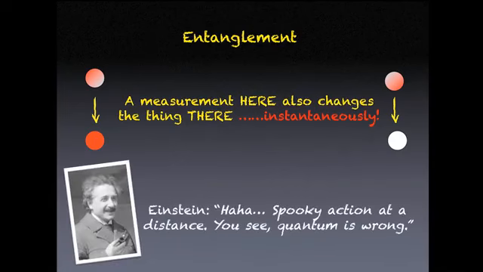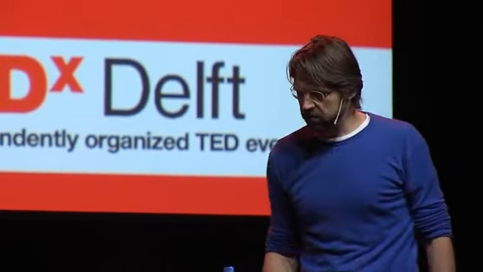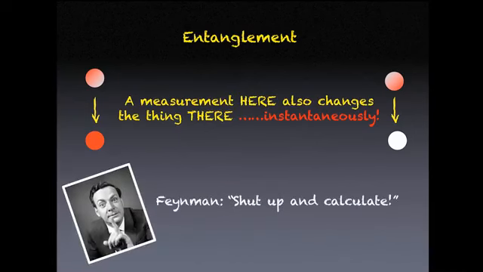And one guy, Einstein, said that must be wrong. Any theory that predicts spooky action at a distance, do something here, change something there, that's a prediction that tells that the theory is wrong. It doesn't say it's possible, it tells the theory is wrong. Luckily, we also have other heroes in physics, and this is a theoretical physicist called Richard Feynman. And he said, let's not be bothered with all these philosophical consequences of our theory. Let's calculate and see what happens.